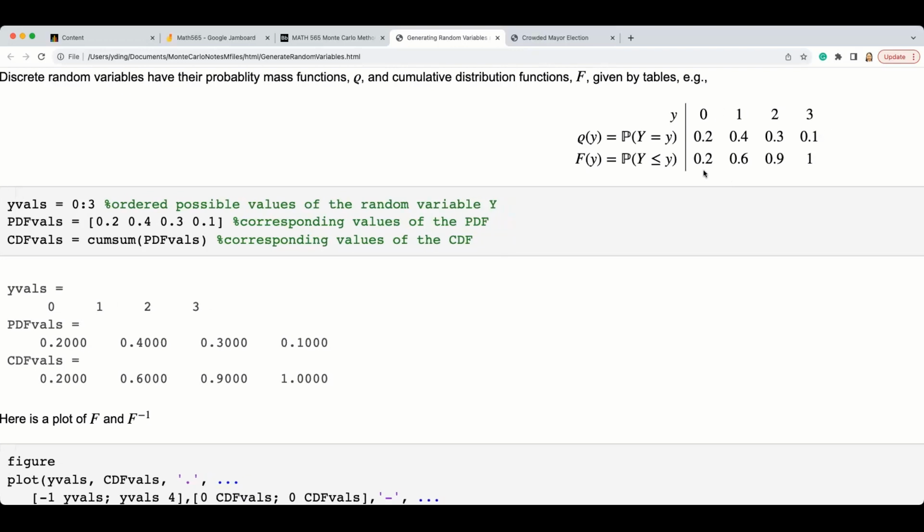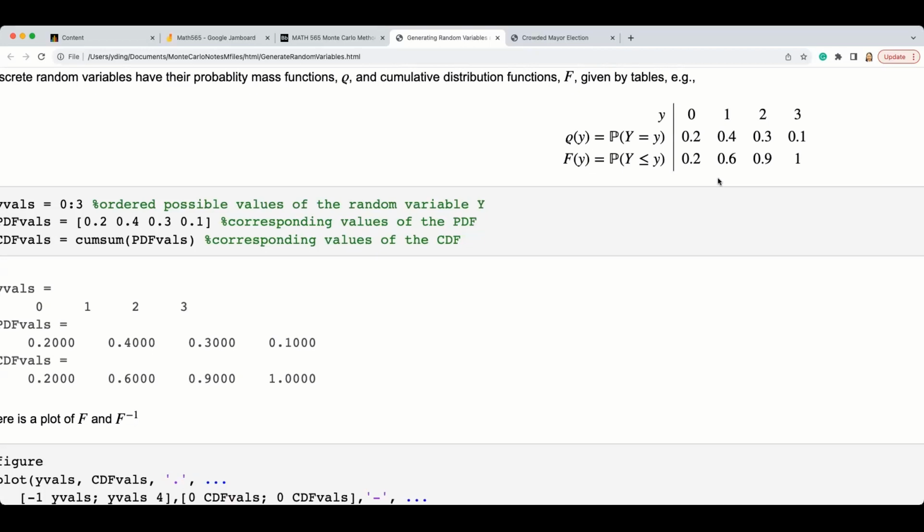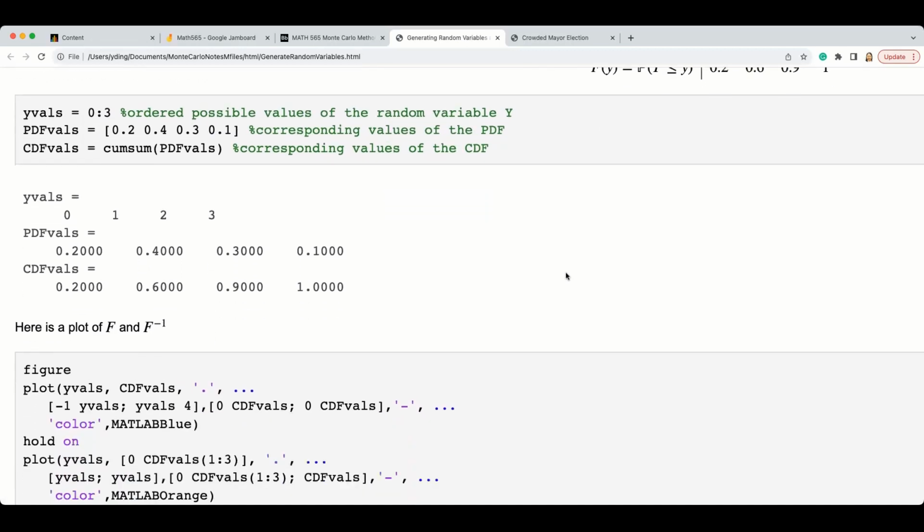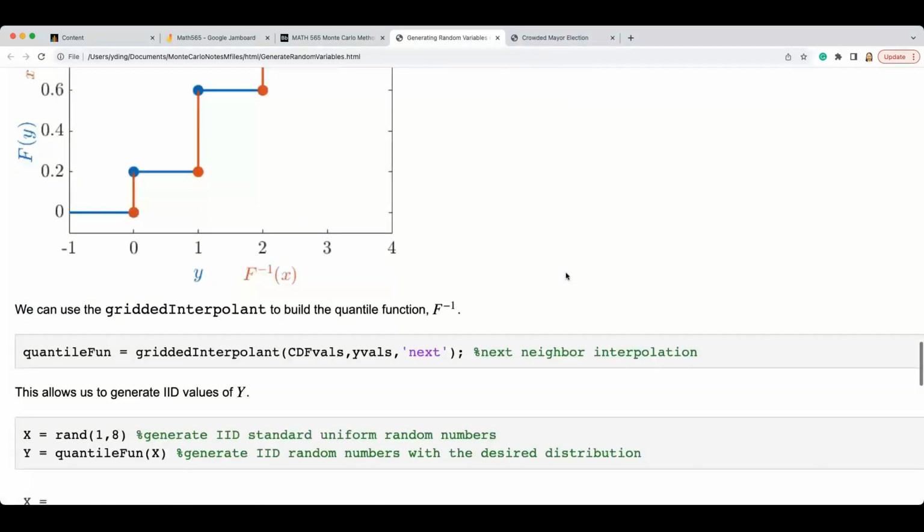So you just consider mapping it to the smaller one. For example, if I have 0.19, what value should I have? 0. If it's 0.541, it's 1. If it's 0.7, then that's 2. If it's 0.95, then you should generate 3. Does that make sense? Okay, so that's the idea of how to generate that.